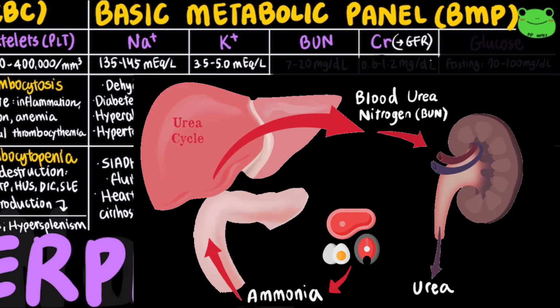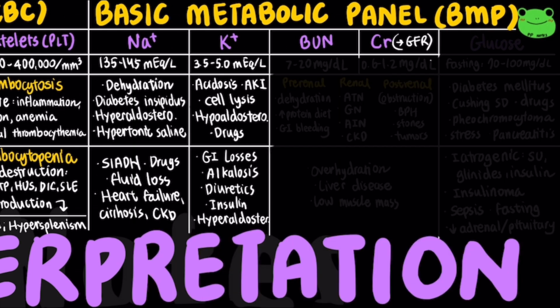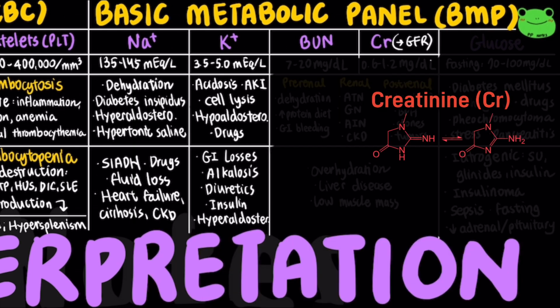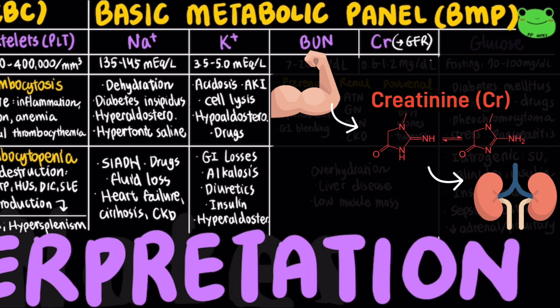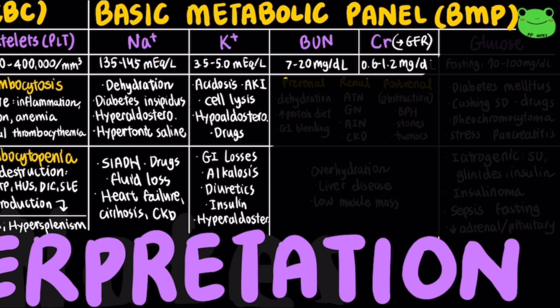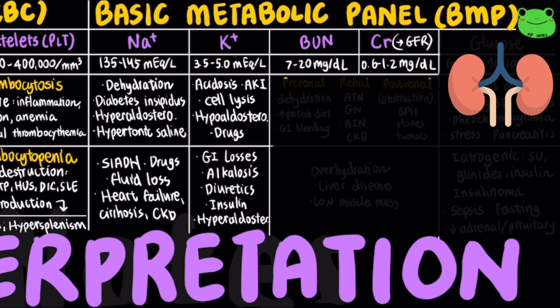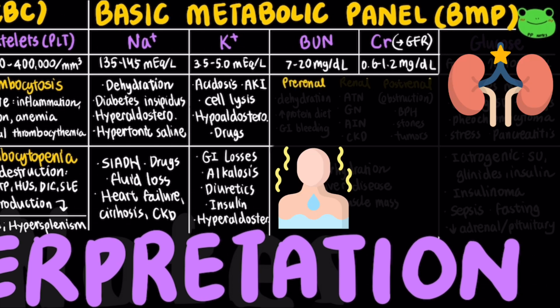BUN, or blood urea nitrogen, comes from the breakdown of protein. Protein is metabolized into ammonia, which gets converted in the liver to urea, then excreted by the kidneys. So BUN levels depend on protein intake, liver function, and kidney excretion. Creatinine, on the other hand, is a waste product from muscle metabolism. It's produced at a relatively steady state and is mostly cleared by the kidneys, making it a more direct indicator of glomerular filtration. If only BUN is elevated but creatinine is normal, it's often a pre-renal issue, like dehydration, a